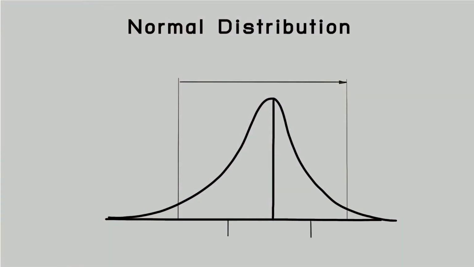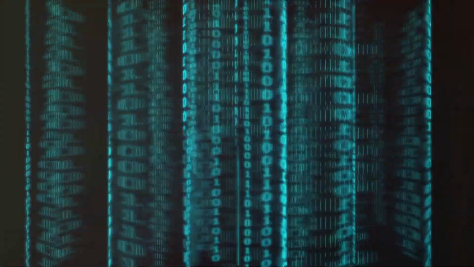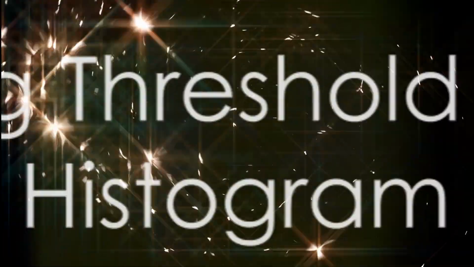Take for instance a bimodal histogram, which has two distinct peaks. These peaks correspond to two different features in the image, say the object and the background. Generally, these peaks overlap, and the threshold value is often chosen as the mean intensity value of the two peaks. So to simplify,